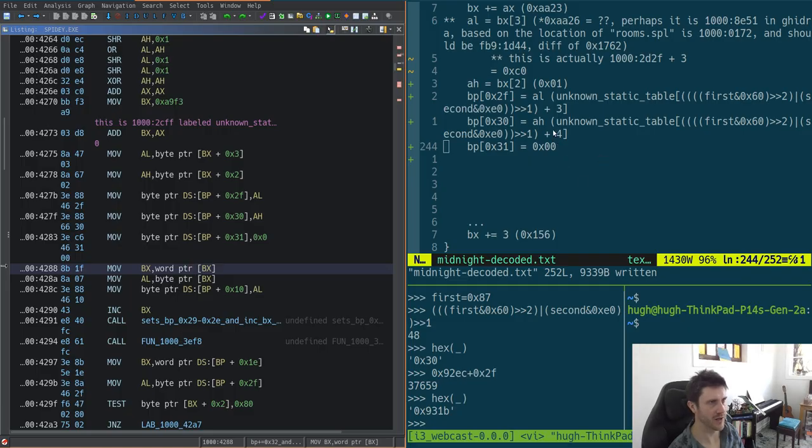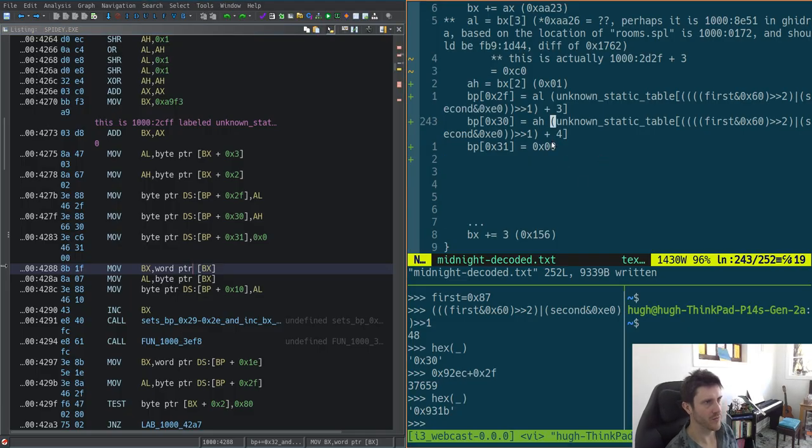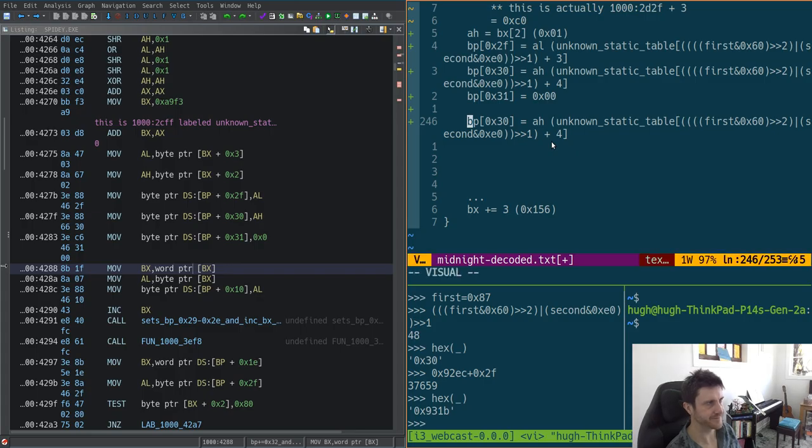Cool, I can do this, so we can get bx equals this thing here, but plus 0,